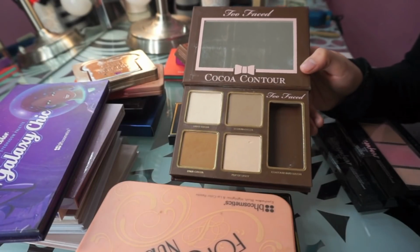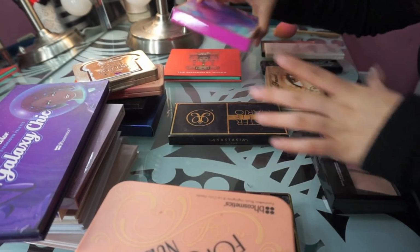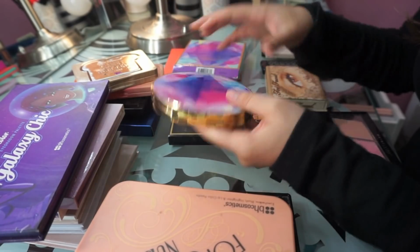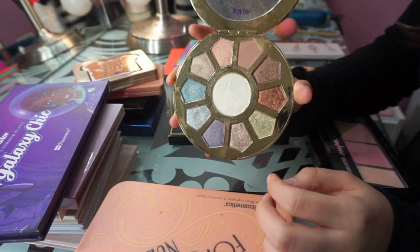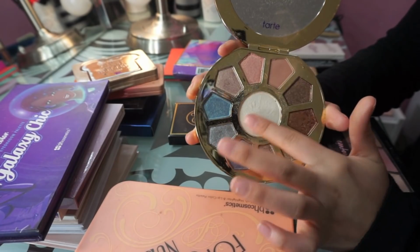It's pretty warm, but I like warm bronzers. So yeah, the next palette is this Tarte High Performance Natural. This is called the Make Believe in Yourself, and this one was part of the Unicorn collection, and it just looks like this. And it has like all the colors of the rainbow, but